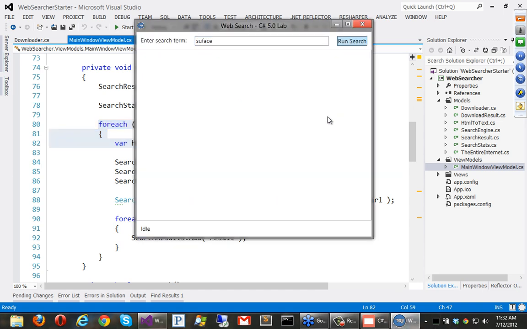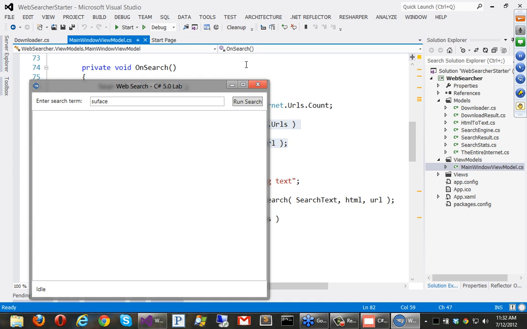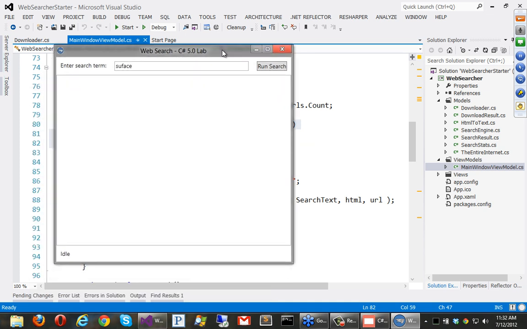So if I click search, you can see that the color is sort of still stuck on what it was for the highlight, and if I try to move it, it's not going to move. It's totally locked up. But the program's not broken. It's actually doing the download right now. Eventually we'll see that it'll come back. Oh, there it goes. It must not have found anything.